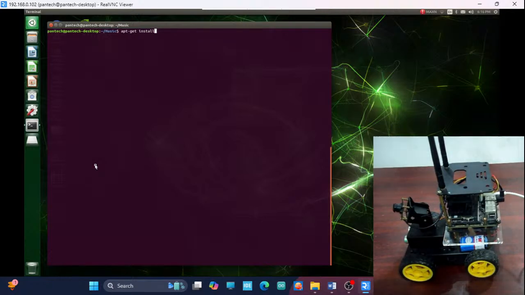Here I am using the Nano editor. This is the old editor in Linux OS. So the Nano editor has nothing to do with Jetson Nano, so don't get confused about it. Okay, so now if I want to install Nano, here I need to use